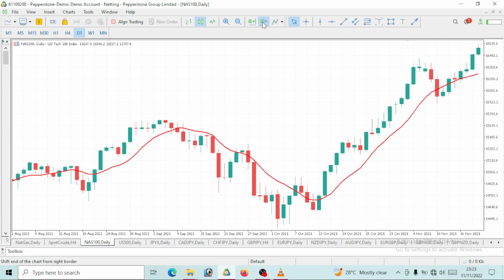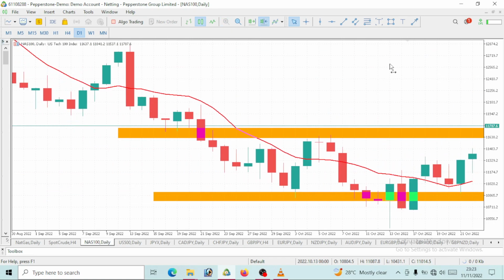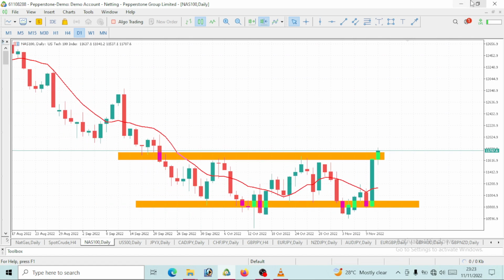Now let's see what the daily time frame says. Since price has been reacting to this level multiple times, we saw price get to this level, it dropped, it came to this level, dropped, kind of ranging in this area. And we see that price has now broken out of this resistance level here. You can take this as the resistance level and this below as the support level. Now that price has broken above our resistance level, let us see it give us a bullish move more,